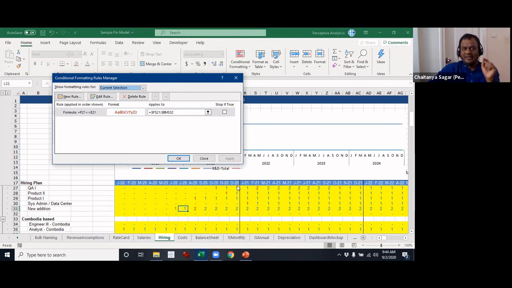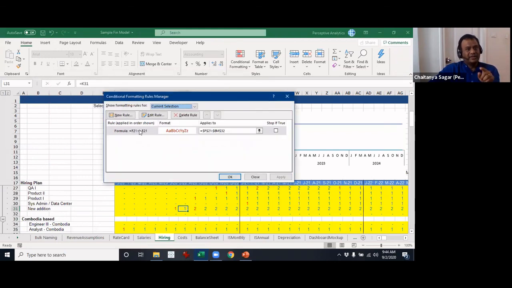So the way Excel interprets this is that when it got done, at that point in time it actually shows F and E 21. It does not actually say the current cell, but the way it interprets it is that this cell is not equal to the previous cell. And it sort of uses that across.